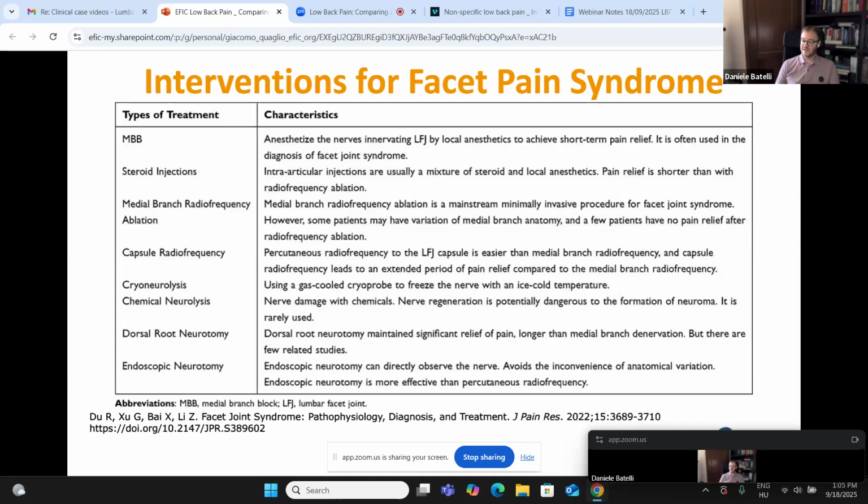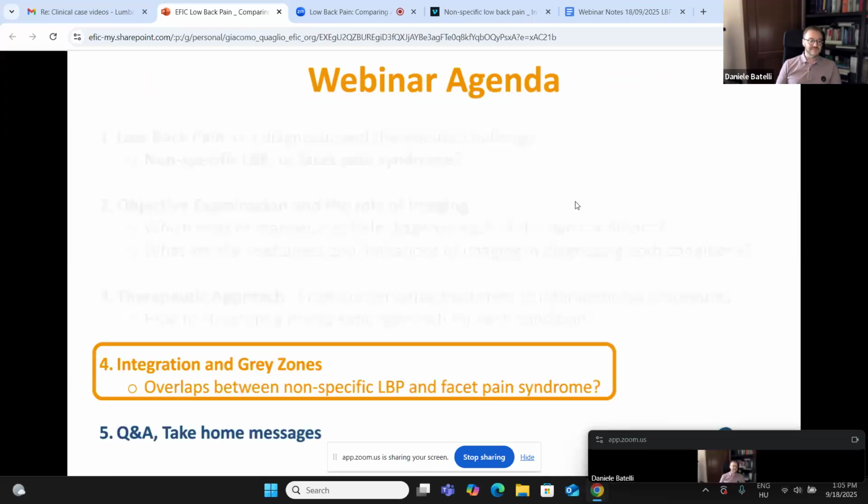So once you have a clinical suspicion of a facet pain syndrome, those are usually the interventions that are suggested in the clinical pathway. First, a double medial branch block to confirm our diagnosis, and then the denervation that is usually done by radiofrequency or by cryoablation. And so we can move to the next slide to talk, and talk also with you, with all of your questions and your suggestions or your doubts about it